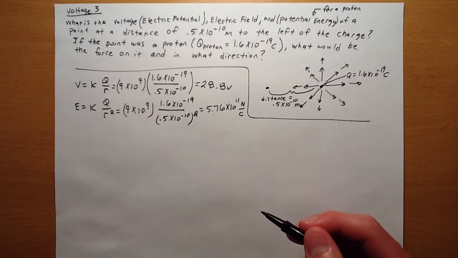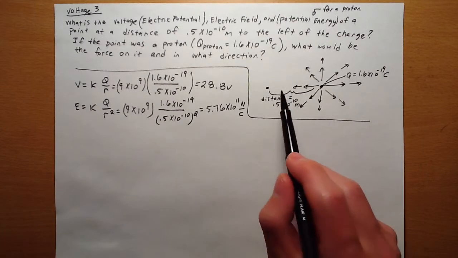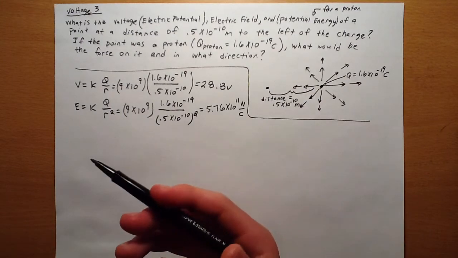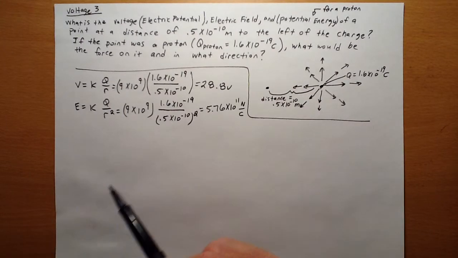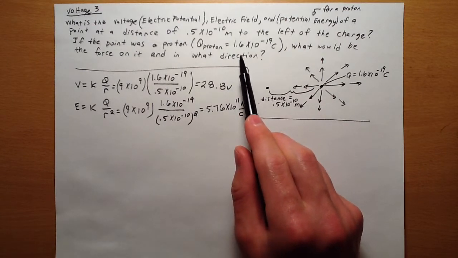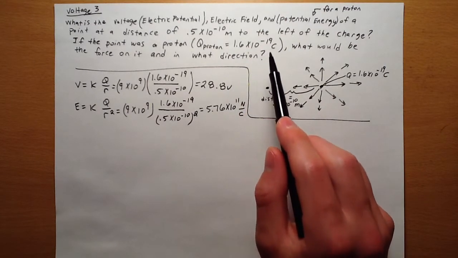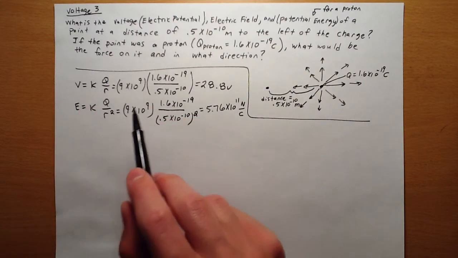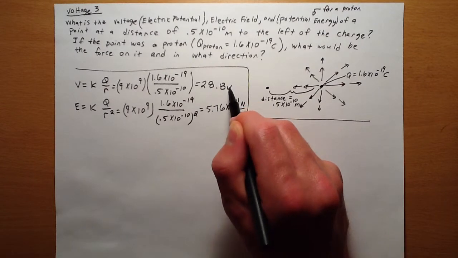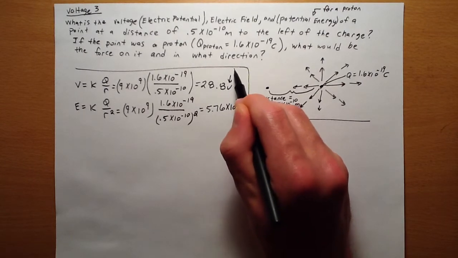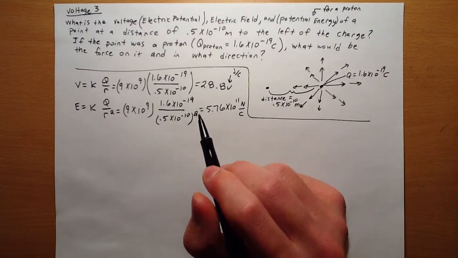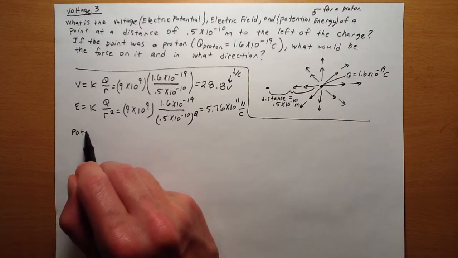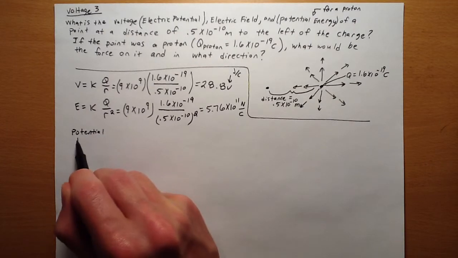Now the problem asks us to solve for potential energy at this point. If this point's a proton, and we know that the charge of a proton is 1.6 times 10 to the negative 19 coulombs. We just solved for voltage, and we know that units of volts is the same thing as joules per coulomb. So let's solve it that way. Potential energy